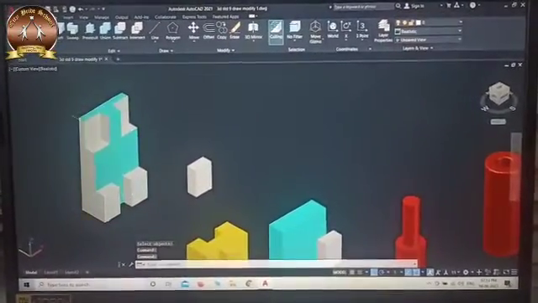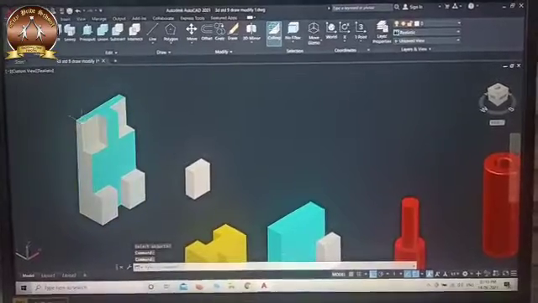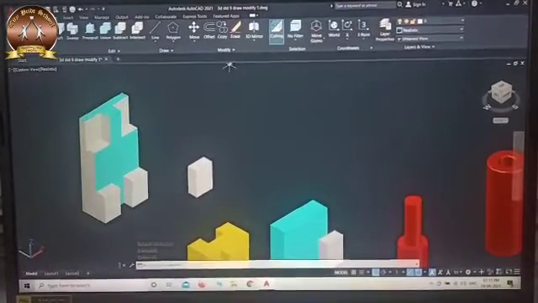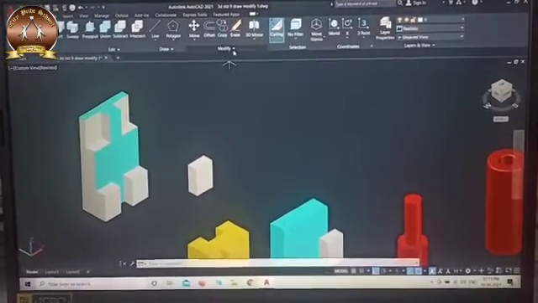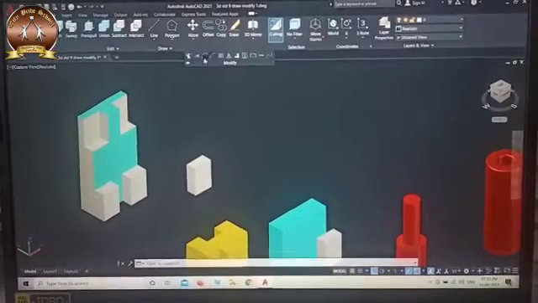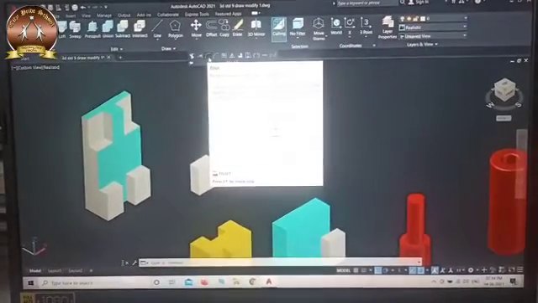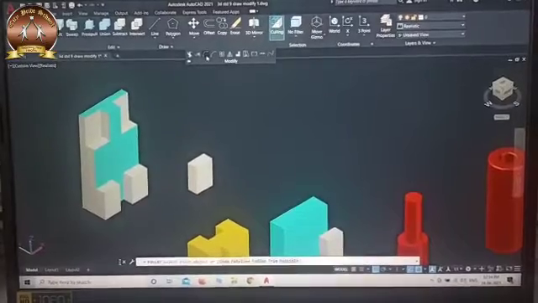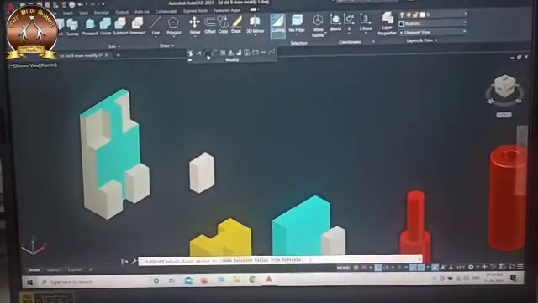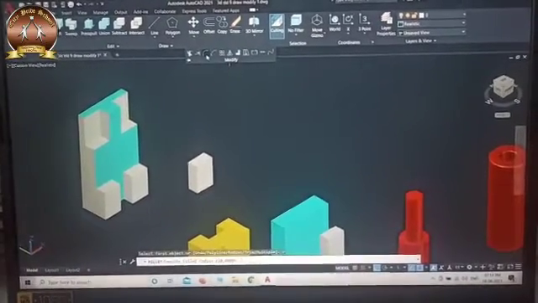Now for filleting this or making this round, use the simple fillet command in modify. Modify, you can see here, student, the command fillet, and now at the command area you have to specify R for radius, and specify the radius.